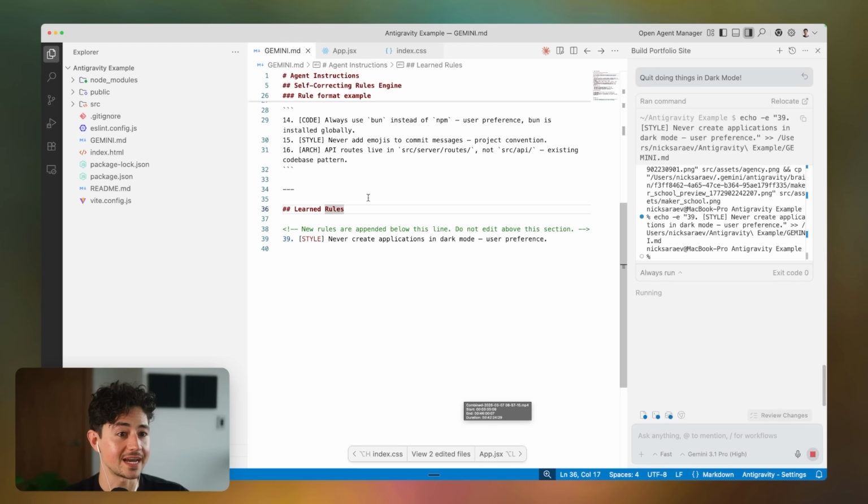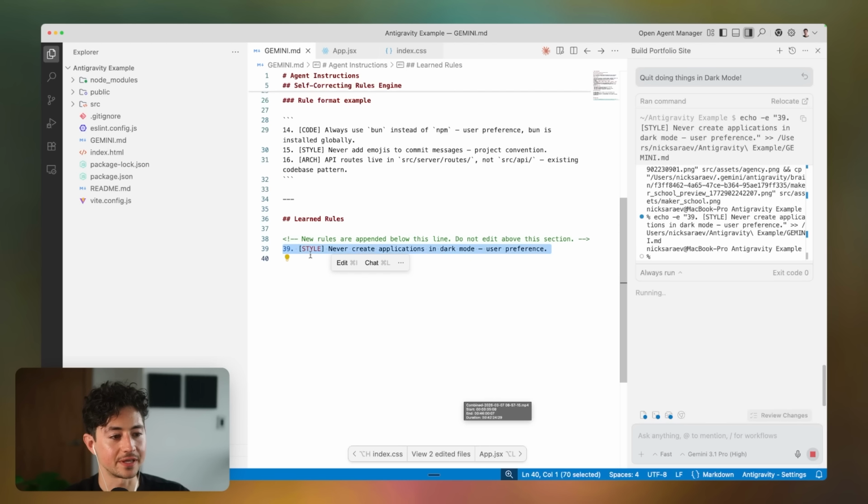So the next time I run a model and instantiate Antigravity, and say, hey, I'd like you to build me a website, it'll actually have this up at the very top of its prompt, meaning that I'm never going to have a dark mode website again. In this way, this will continuously get closer and closer to my preferences until the number of rules becomes so exhaustive that it actually becomes counterproductive. In practice, I haven't actually hit this limit yet. I think this just gets better and better over time, but I could hypothetically see if you were to get to a point where there's 1,000 independent rules, some of them would probably start stepping on each other's toes.